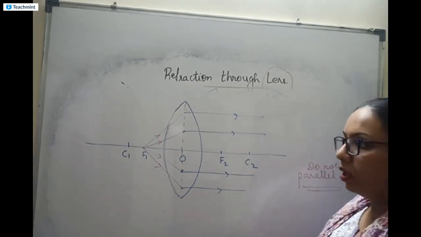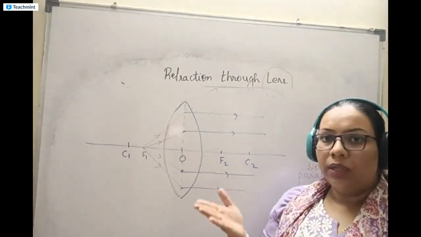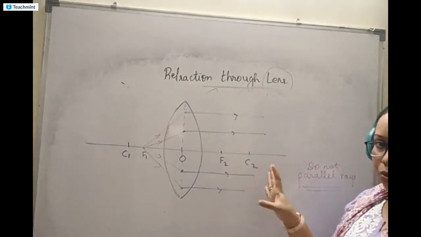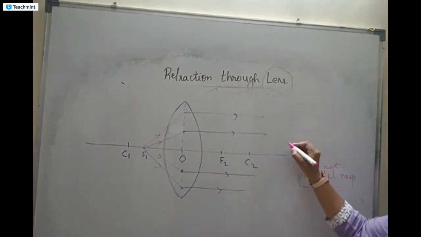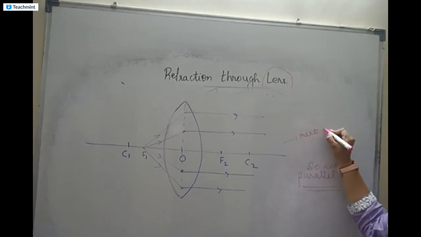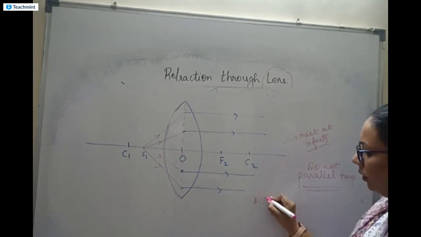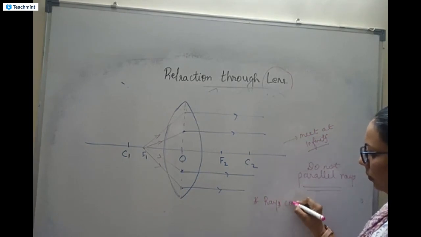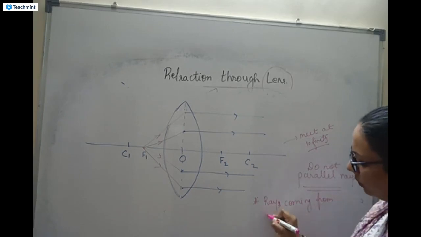So we will use the reverse concept. We understood rays coming from infinity are parallel. So apply the same converse concept: the rays which are emerging out are all parallel, and if they are parallel, they will meet at infinity, at a very far distance. So two things you can all quickly write down. One is rays coming from infinity